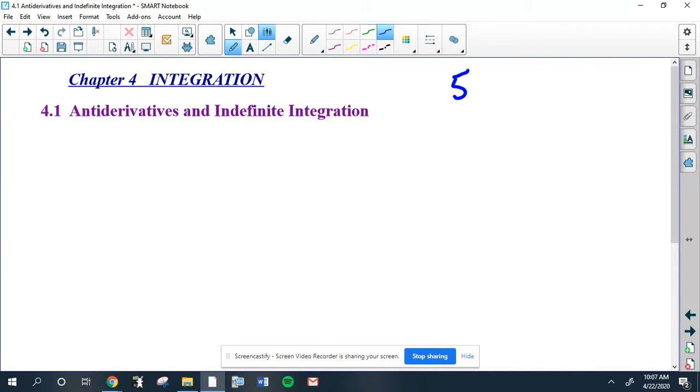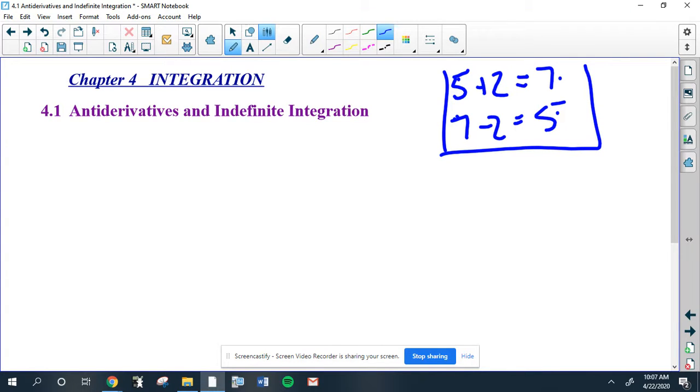Way back when you learned that 5 plus 2 equals 7, and you learned that the inverse of addition was subtraction. So 7 minus 2 was 5. So addition made 5 equal to 7, and subtraction changed that 7 back to a 5. That's very basic, but same thing with multiplication. You learn that if you took 5 and multiplied it by 2, you'd get 10. The inverse of multiplication is division, which means if you took 10 and you divided that by 2, division now,